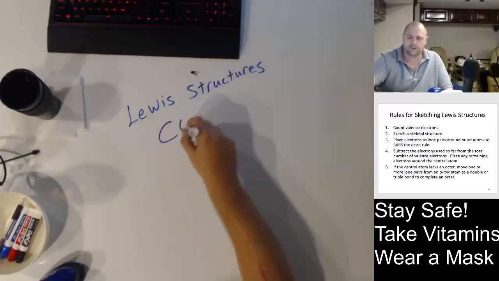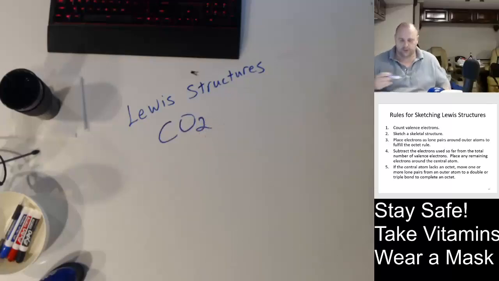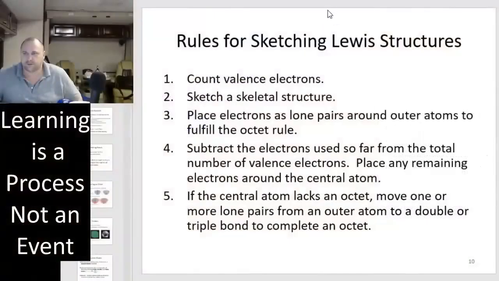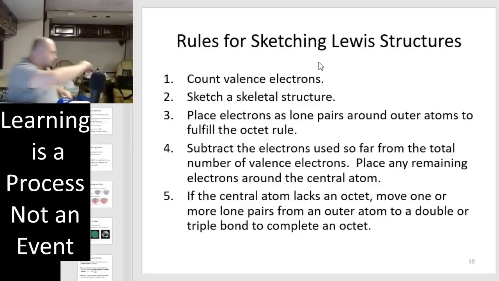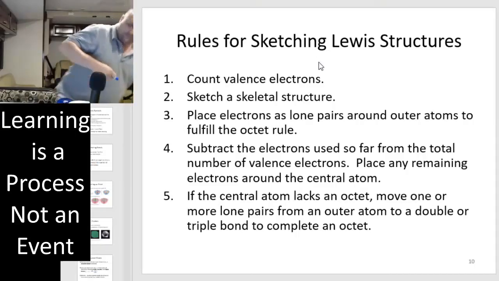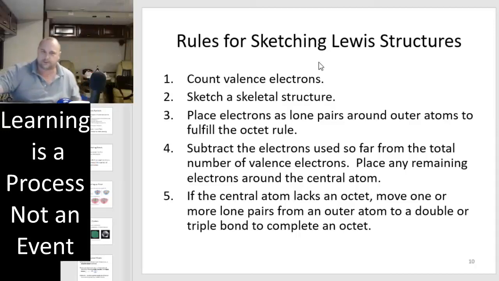Oh, let's do CO2. And I've got my rules over to the side here. So let me show you these rules a little bit. And these are my steps. Now what I do, when I'm doing these, all right, I'm going to give me